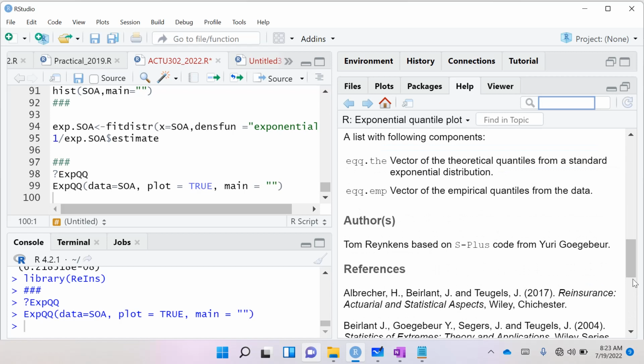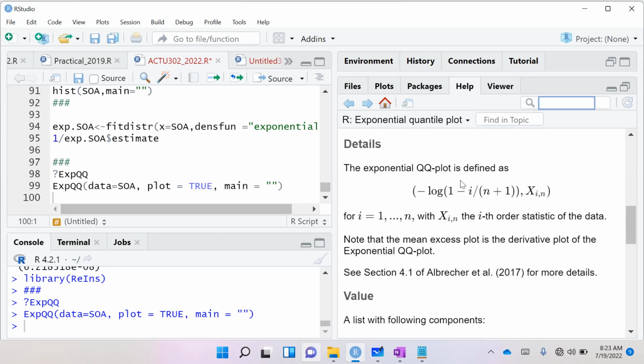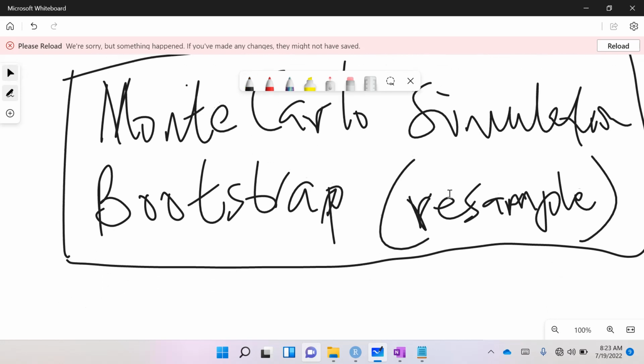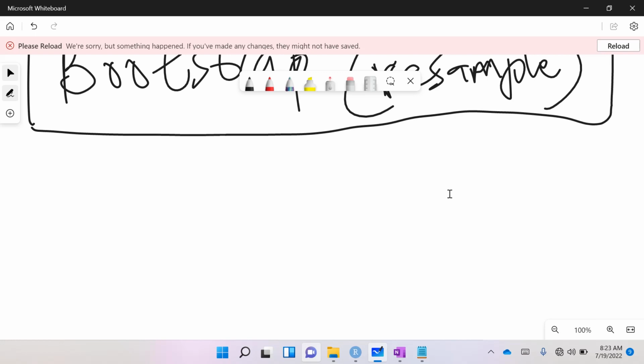Remember that this plot shows the quantiles from an exponential distribution. Remember, how do you get that quantile? I did this in class. So, remember that for an exponential distribution,